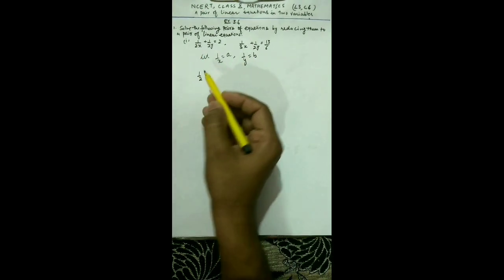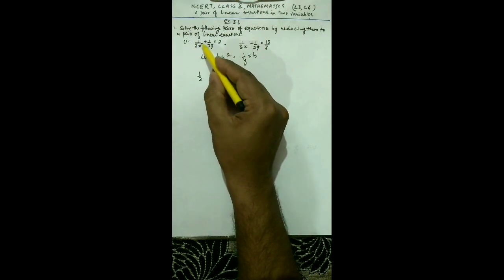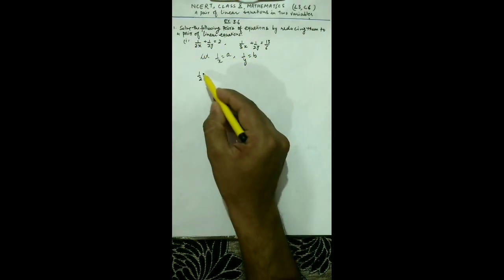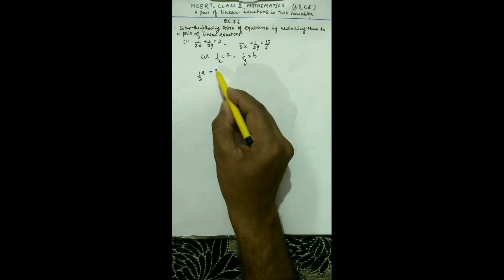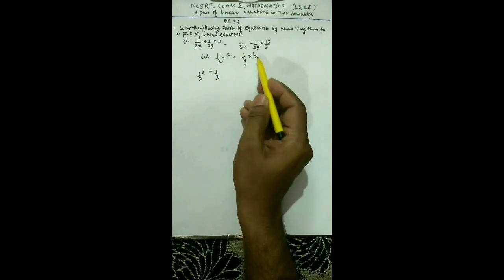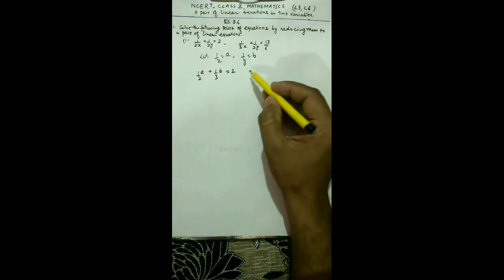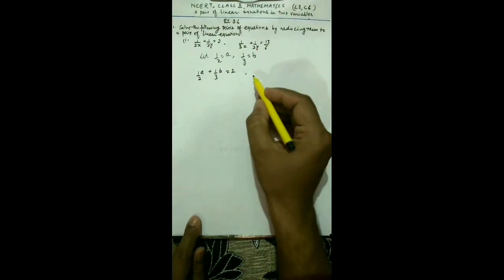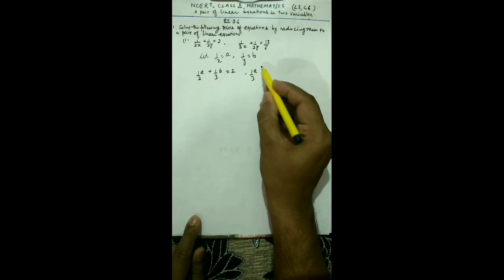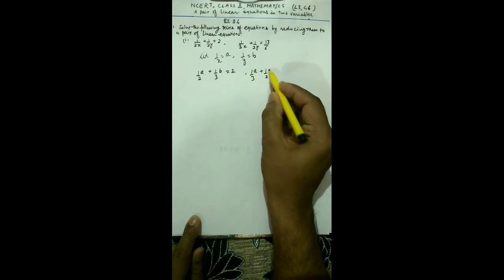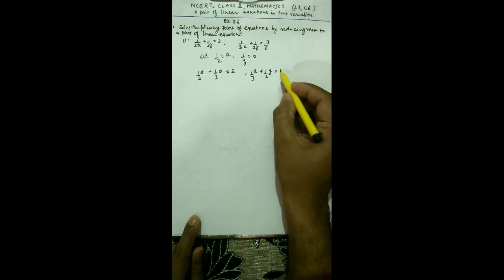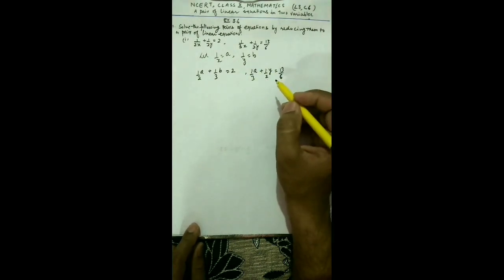So now you can see you use these substitutions and you can write these equations as 1 upon 2, and 1 upon x. This 1 upon x I have assumed as a, so this will be 1 upon 2a, and this will be 1 upon 3b equal to 2, and this second one will become 1 upon 3a plus 1 upon 2b equal to 13 by 6. But you see you have coefficients as fractions, rational numbers, so better we simplify them